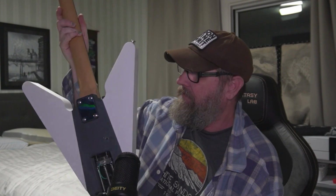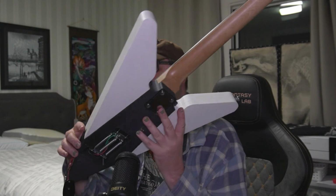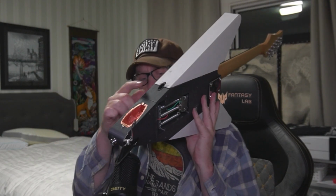All right. The body, the spine of the guitar, is made out of PLA with carbon fiber in it. So PLA CF. The rest of it, the white, is just PLA. So everything black, PLA CF. Everything white, PLA. I've also added carbon fiber tubes that run the length of the guitar and are sandwiched between